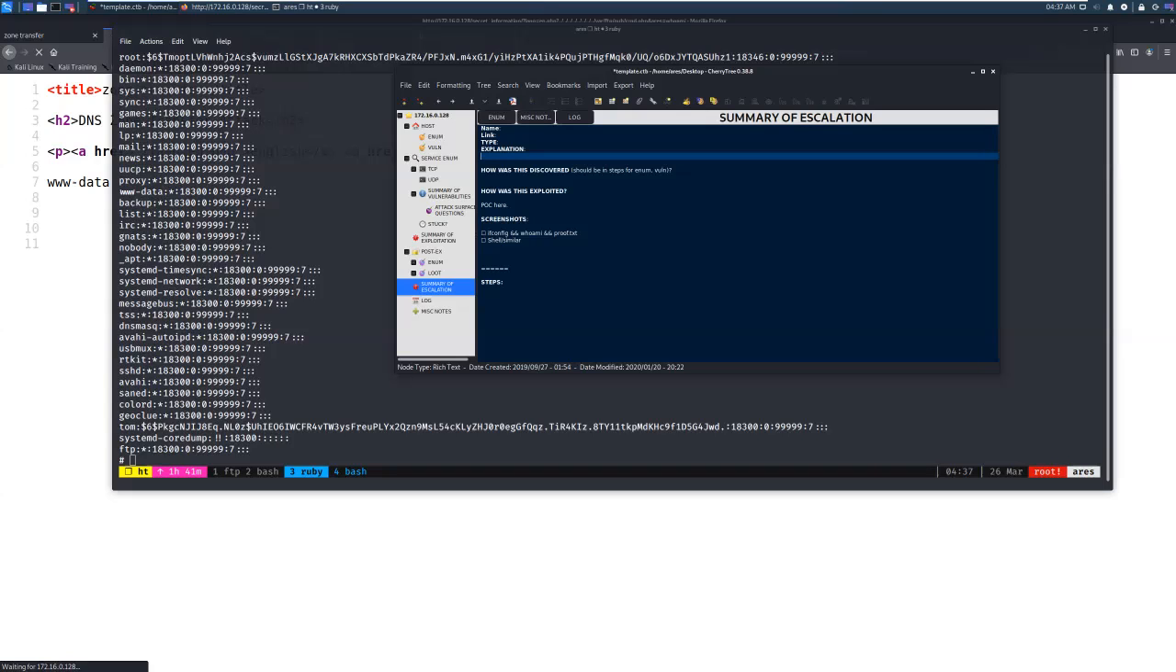I'd copy in the root flag or anything of value in here, and then when I'm finished, I can export to PDF. So it helps me structure my reports a lot easier. I can export it in different file formats, and I can then use it to create my report at the